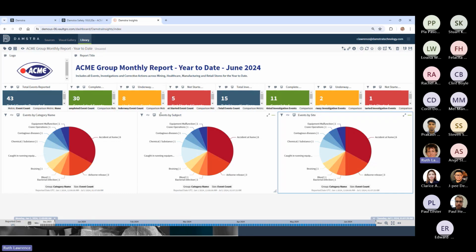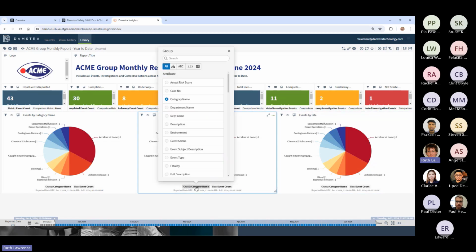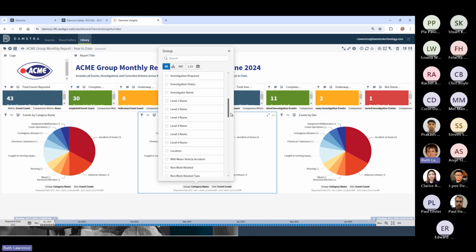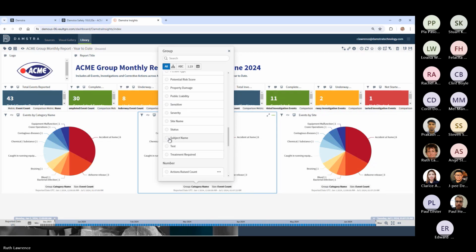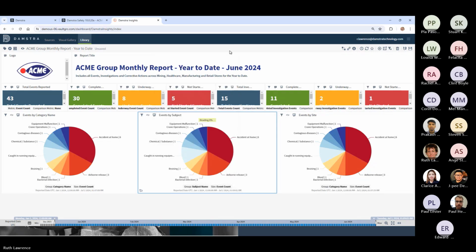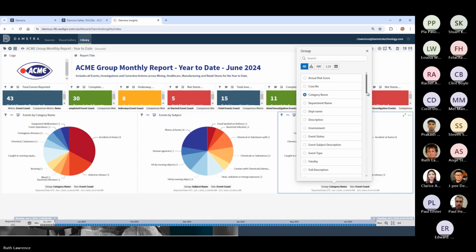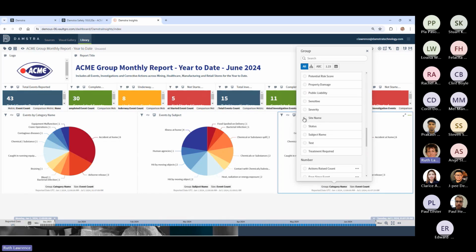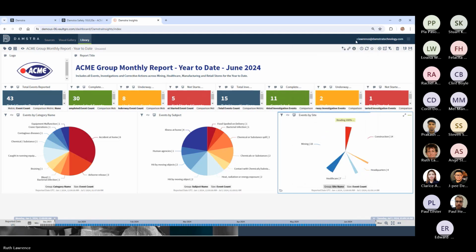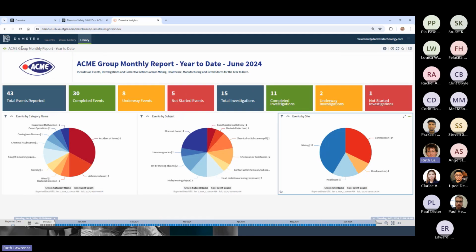So to change events by category to events by subject, I come down here and I want to group that by the subject. The events by site, I'm going to group that by the site. So now that we have our 3 visuals and I go to view that, this time I want the titles